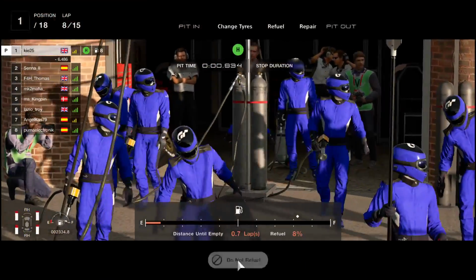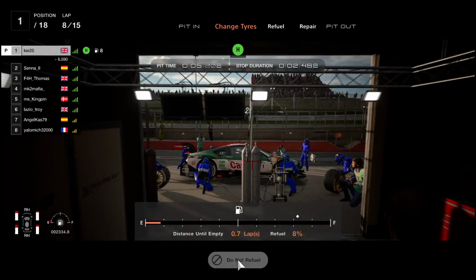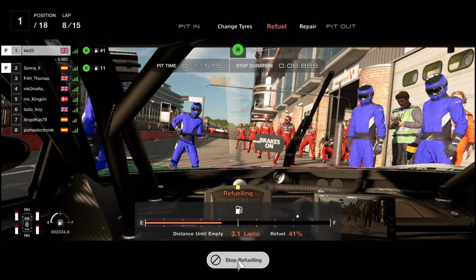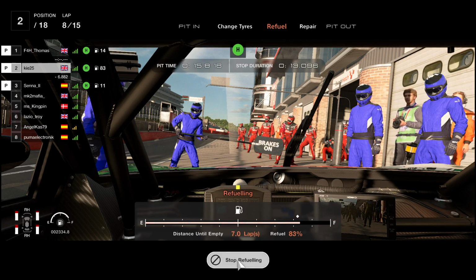Going to put some new tyres on and obviously fill up the car, and I was going to go pretty much around the diamond, as you can see, working on the car, putting the fuel in now, and it's going to be pretty close to P2, as you can see there now. So we're just filling up that fuel, and I'm going to go slightly over the diamond there,